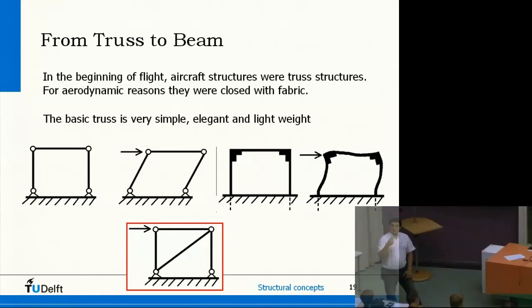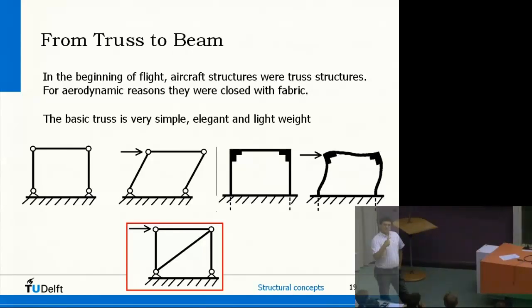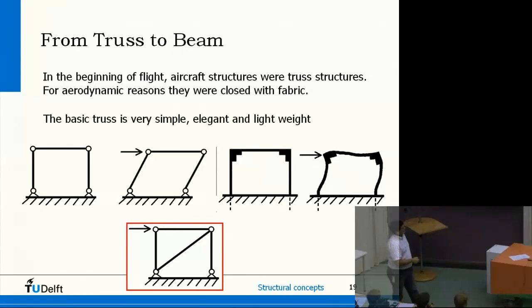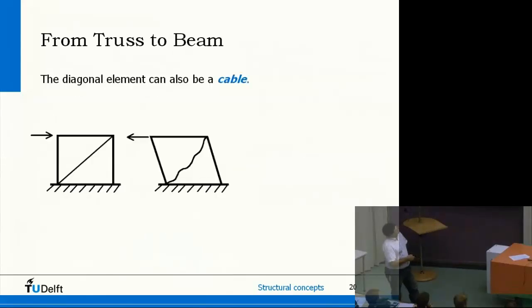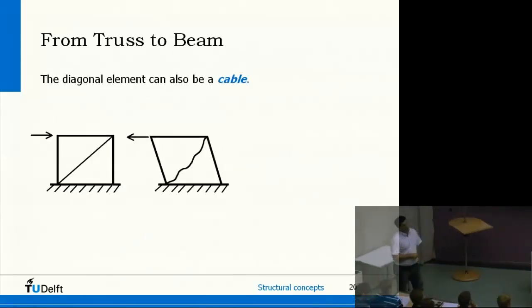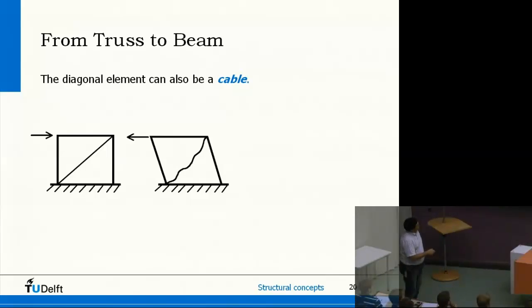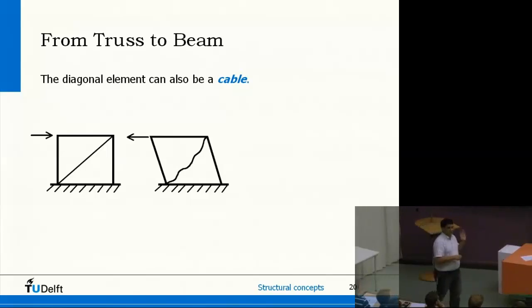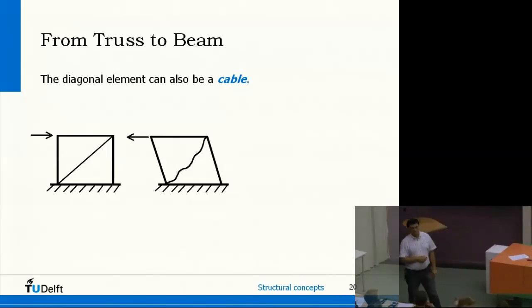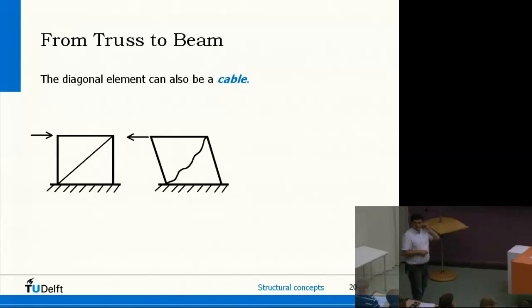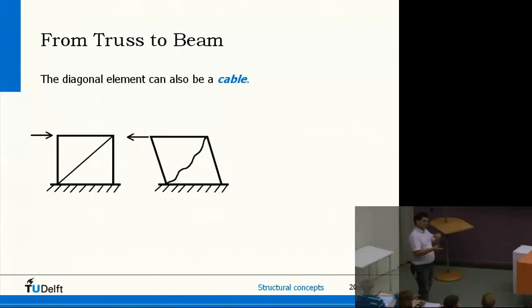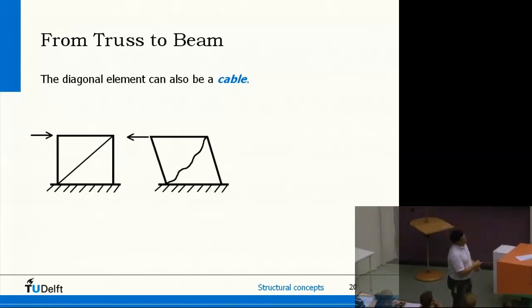You've also seen on these old slides that we often use a lot of wires. Piano wires, for instance. So you could ask, can we also use piano wires? Well, as you can see here, if this is my structure, and here my piano wire, that's okay as long as the load only comes from the left side. Then the wire is as sufficient as a beam, as a bar. If we reverse the load, if we go the other way around, then of course it does not work anymore.